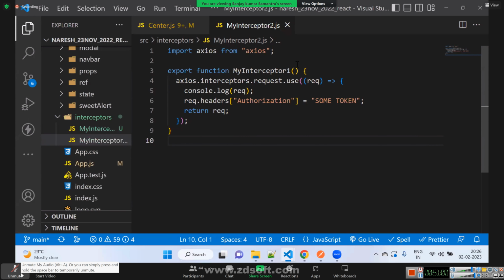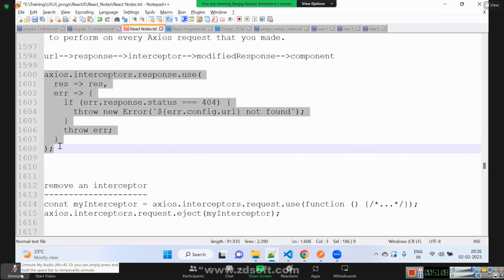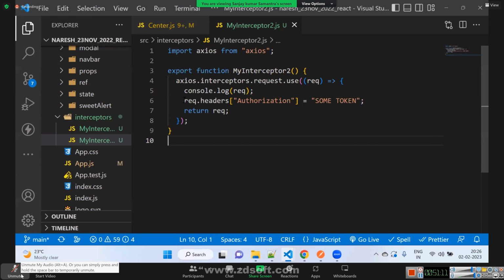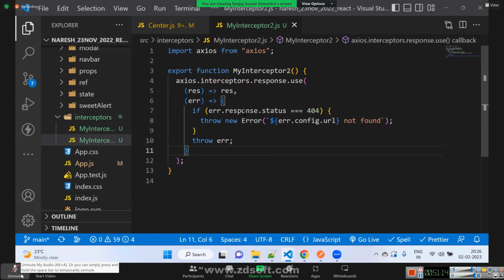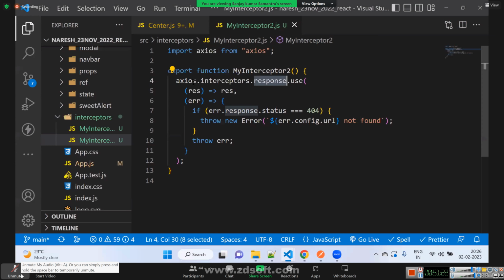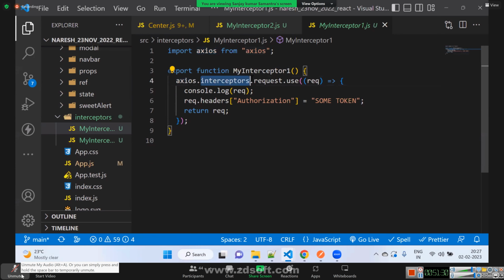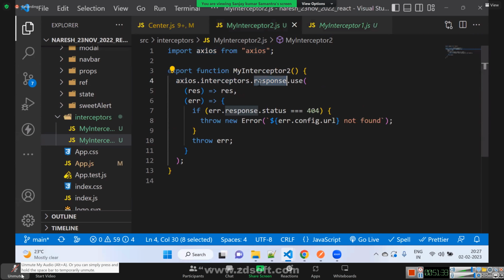In my interceptor 2, I'm using Axios.interceptors.response. During response time, this interceptor will be called. This was Axios.interceptors.request, and this is response.